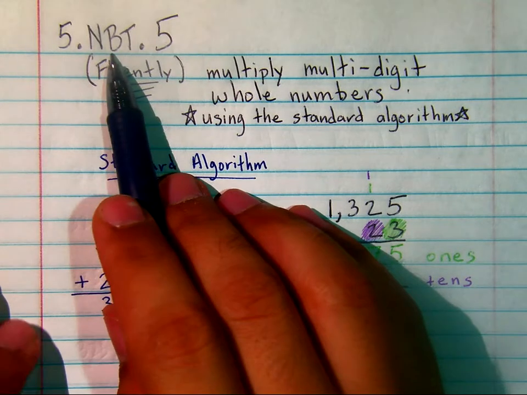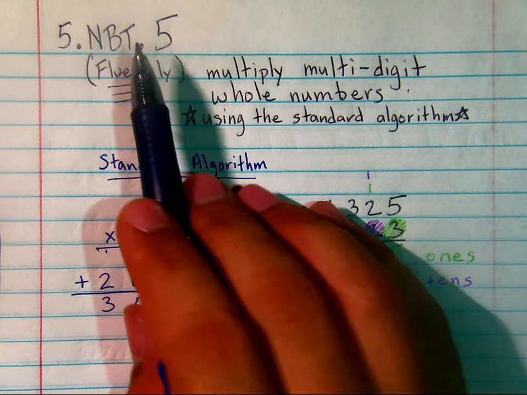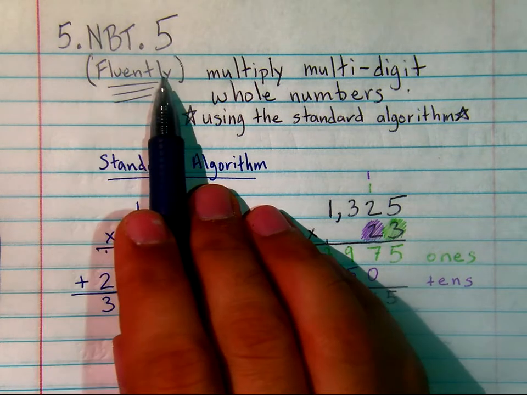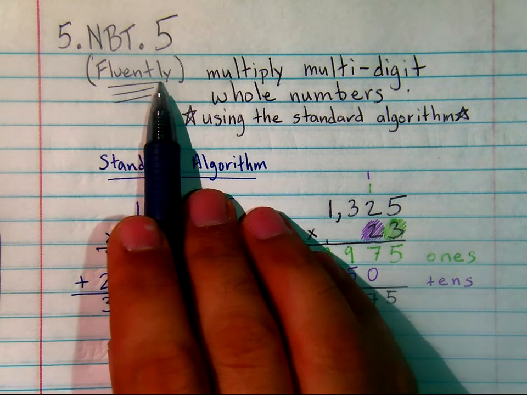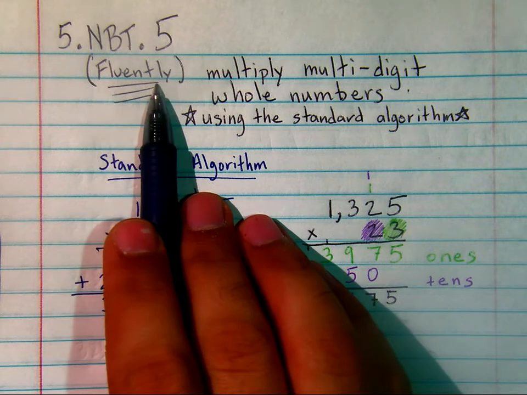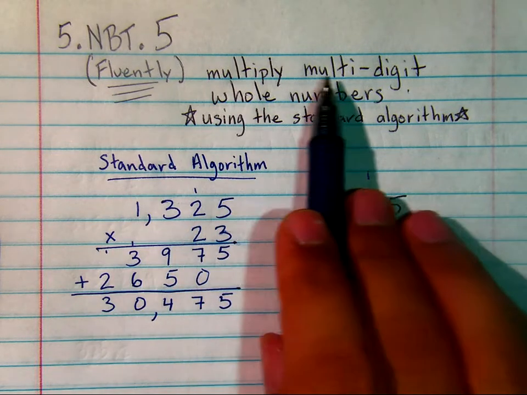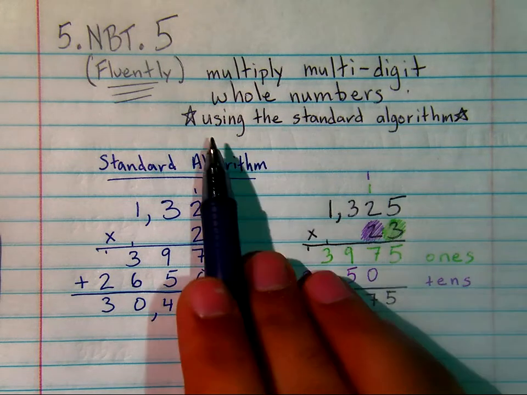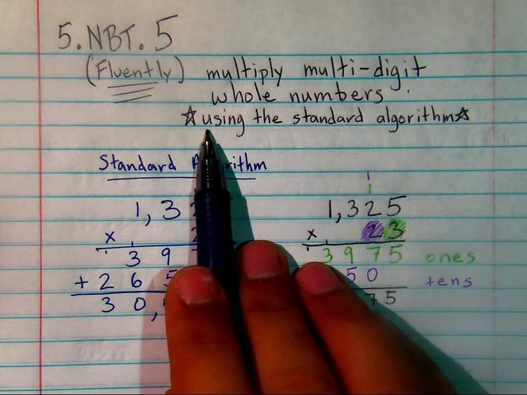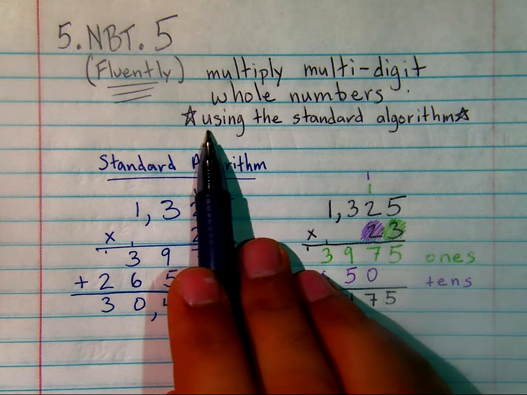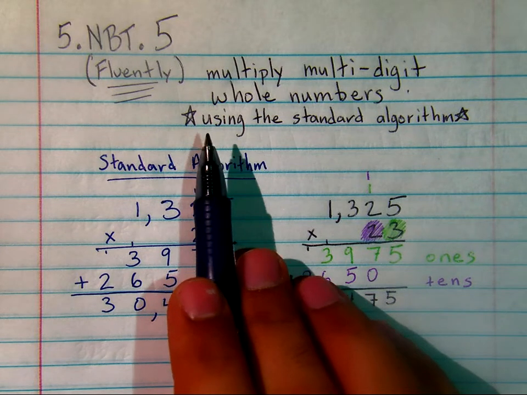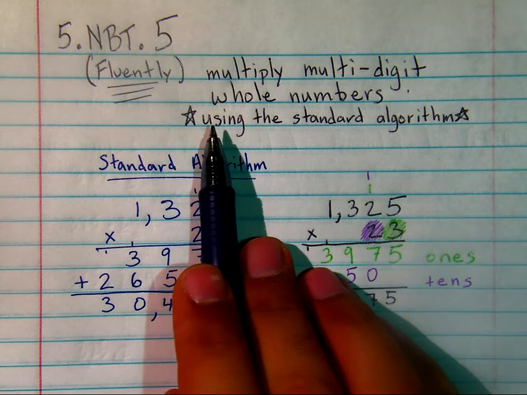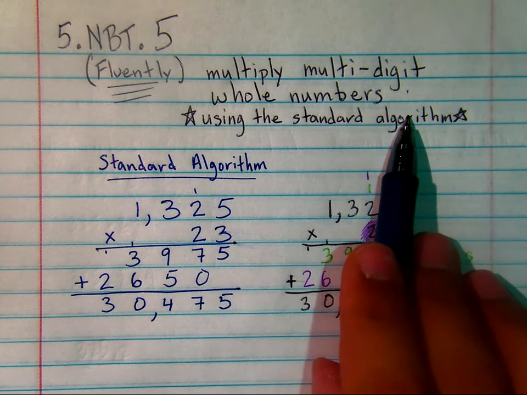So in 5.NBT.5, we're being asked to fluently, that means quickly and accurately, multiply multi-digit whole numbers. And this is very important. This is the first time you are specifically being asked to use the standard algorithm